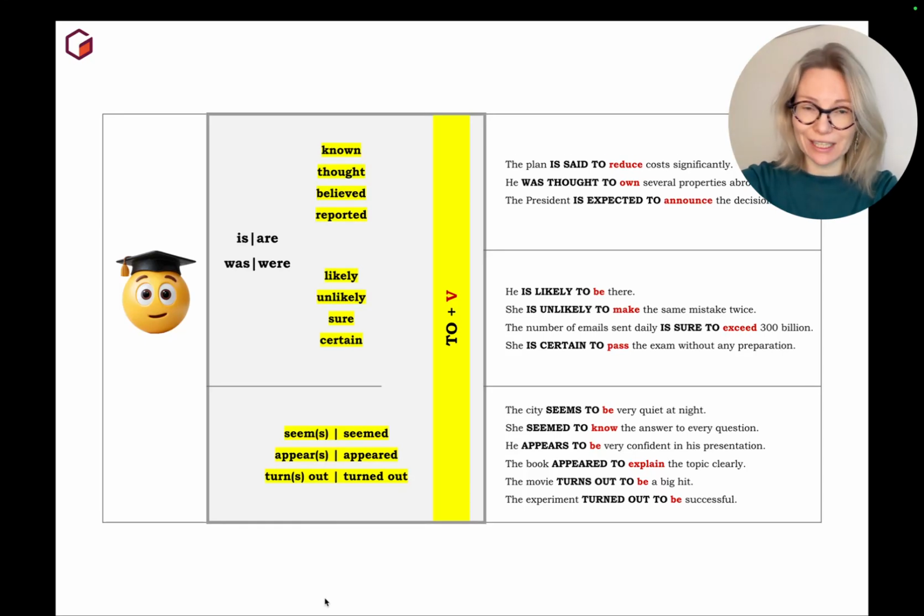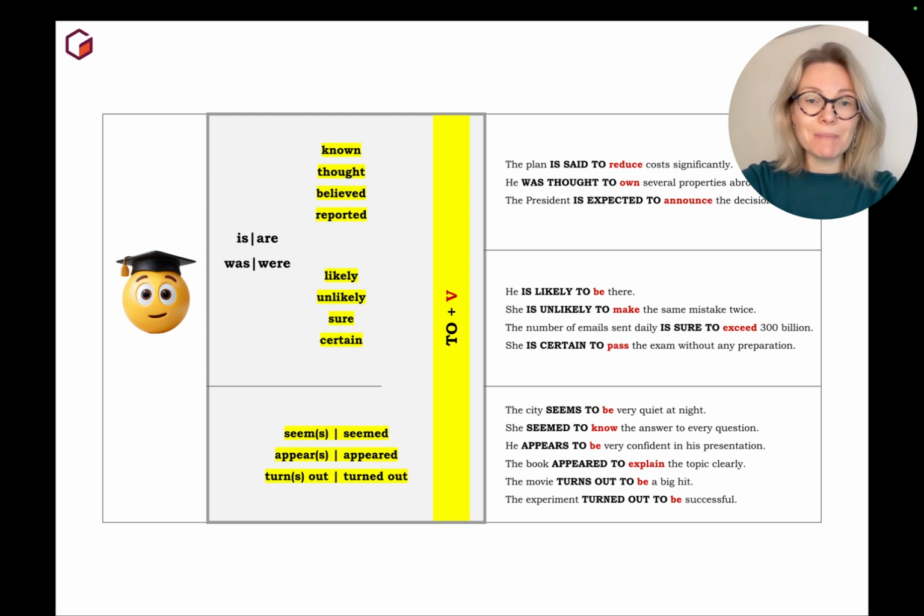Grammar box infinitives. Lesson 1, and let's start with simple infinitives. So you might look at the formula and say, "Oh, yeah, but I have already learned them in grammar box, complex object, complex subject." And it's true. These formulas are also called complex object with simple infinitives, but this topic also refers to simple infinitives. So let's revise it if you have already learned it, or let's learn them if you have never heard about them. So here it is.